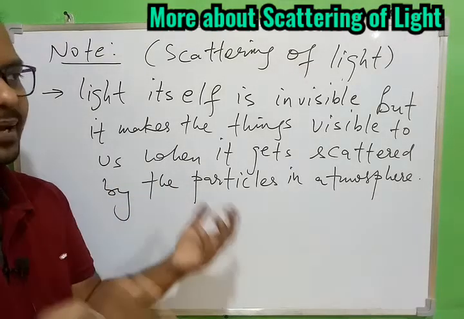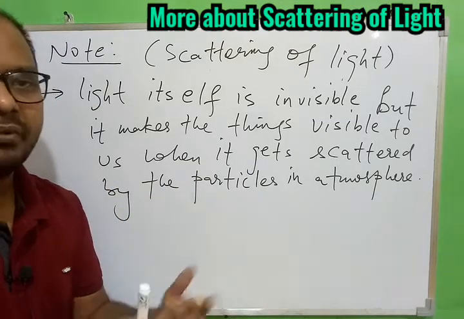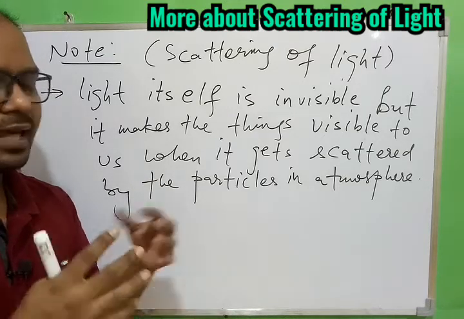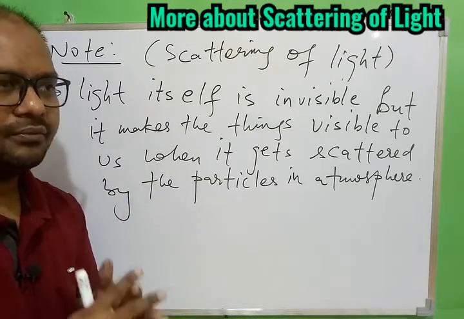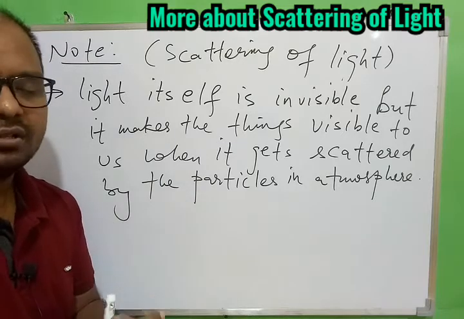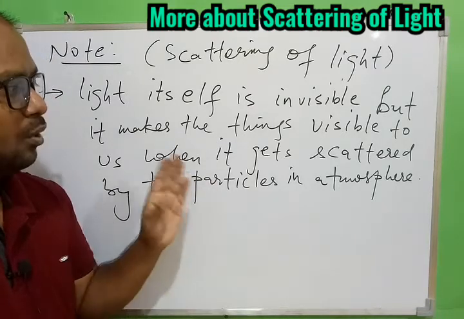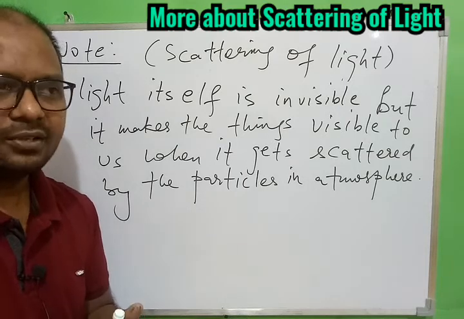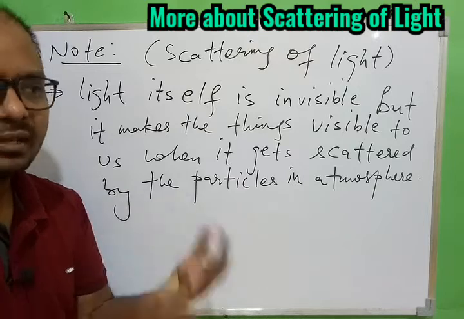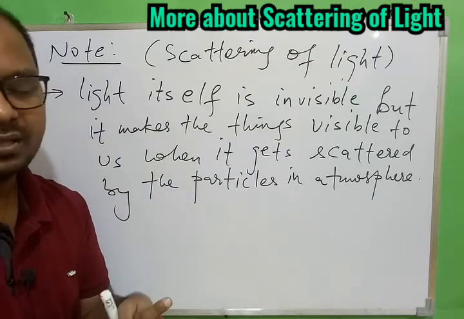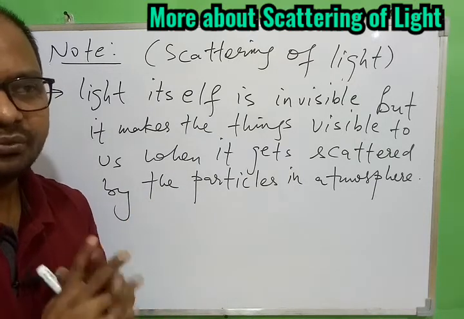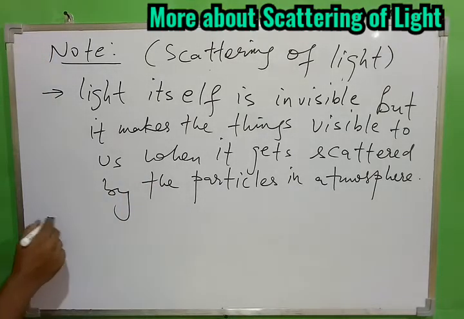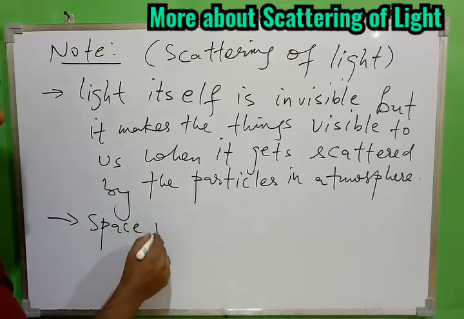If you imagine that there is no particle within this atmosphere, then nothing will be visible to you. The entire darkness will be there, because for the presence of light in the atmosphere, we need scattering. Anywhere within the atmosphere we have particles, and they are always scattering the light. So the light which is coming to you is nothing but the scattered light that you receive from the different particles in the atmosphere, and hence you are able to see and feel the presence of light. Otherwise it's not possible, and that's why space is dark.